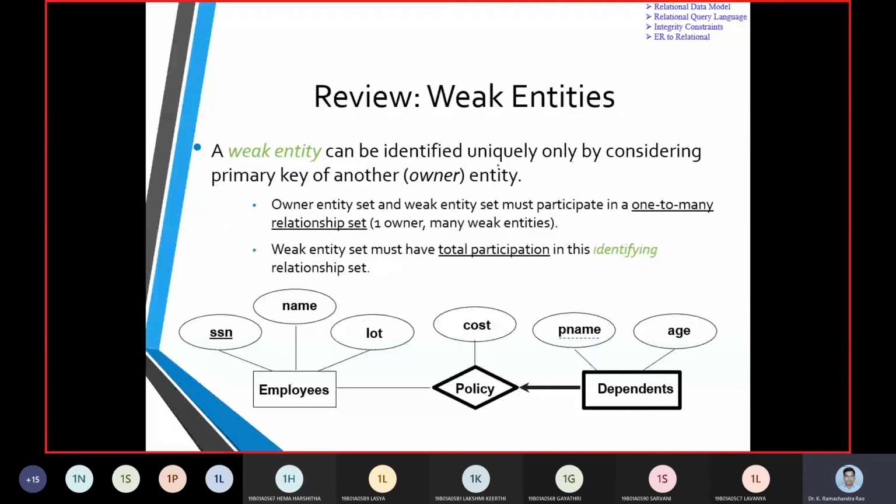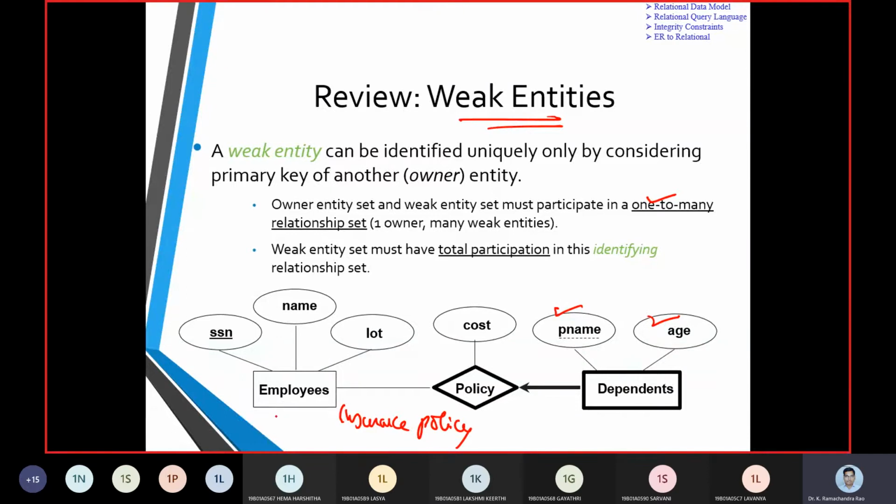Next, we have to have a glimpse at the weak entity. In this weak entity, there is a one-to-many relationship, and the dependents of the employee have a P name and age. Assume that an employee has an insurance policy.